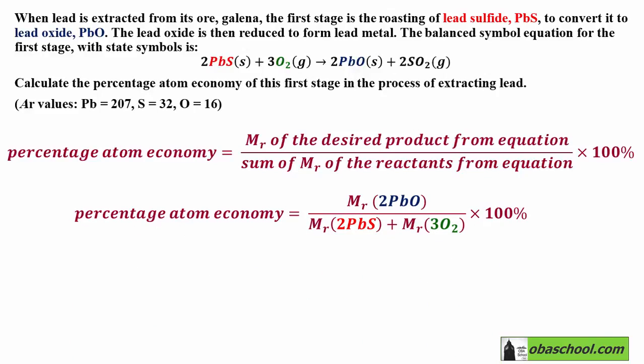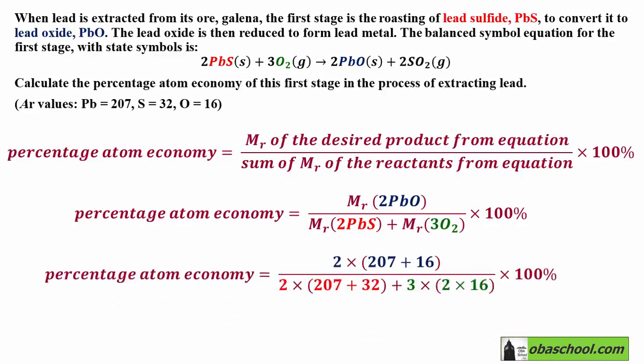So the percentage atom economy is equal to the relative formula mass of lead oxide. Pay attention that we will multiply by 2 because the stoichiometric coefficient in the balanced equation is 2. Divided by the relative formula mass of lead sulfide, again we will multiply by 2, which is the stoichiometric coefficient, plus the relative molecular mass of oxygen gas times 3, times 100%. So here we have 2 times 207, which is the relative atomic mass of lead, plus 16, divided by 2 times 207 plus 32, 32 is the relative atomic mass of sulfur, plus 3 times 2 times 16, because we have an O2 molecule, times 100,